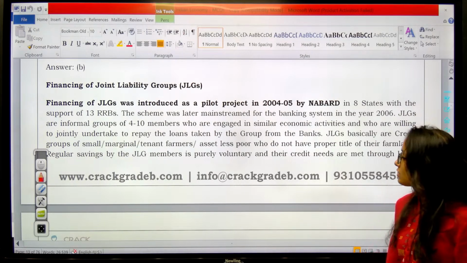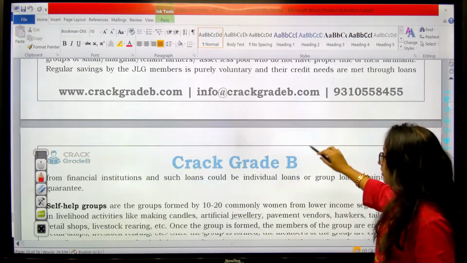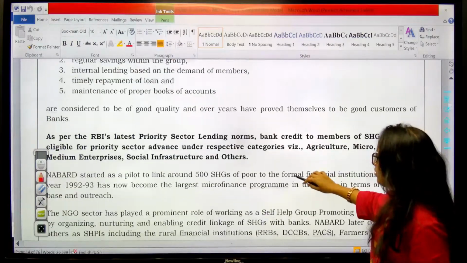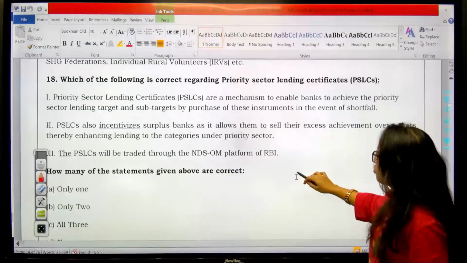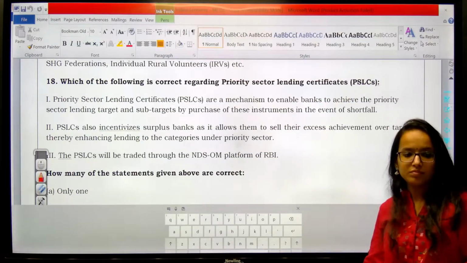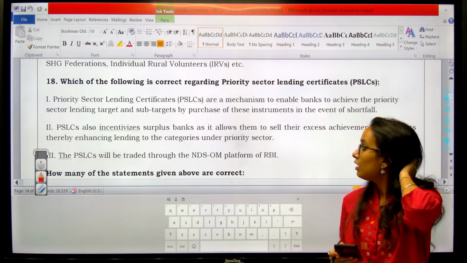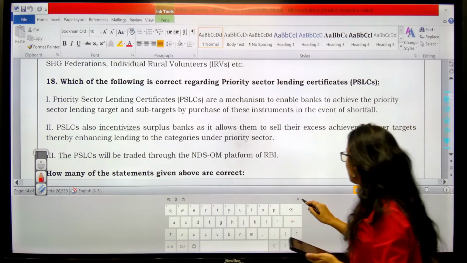NABARD is the right answer here. Okay. So B will be the right answer. Now question number 18. Question number 18 says, which of the following